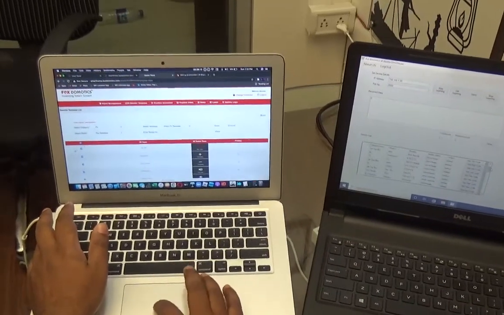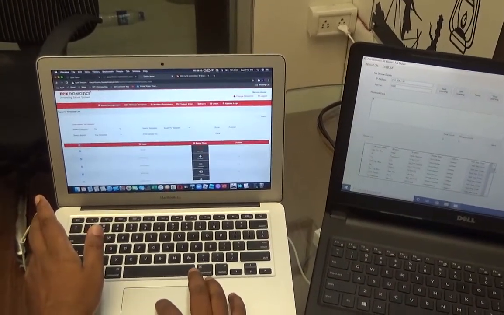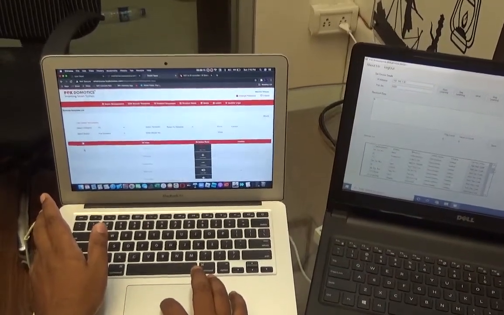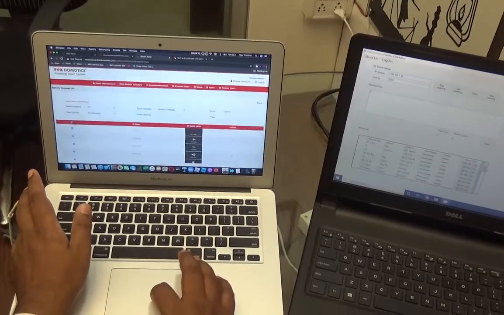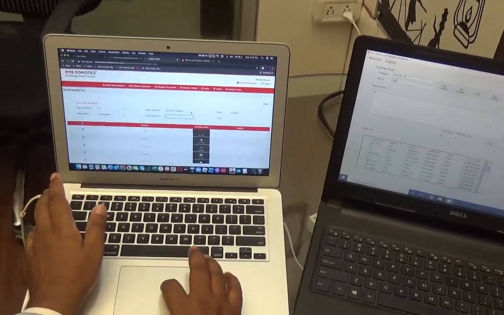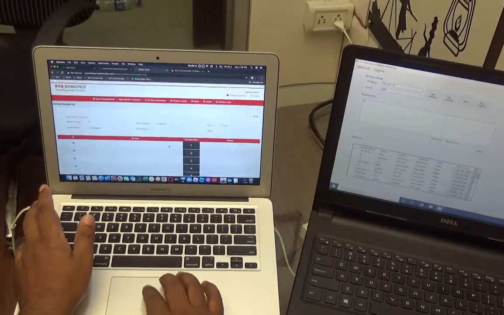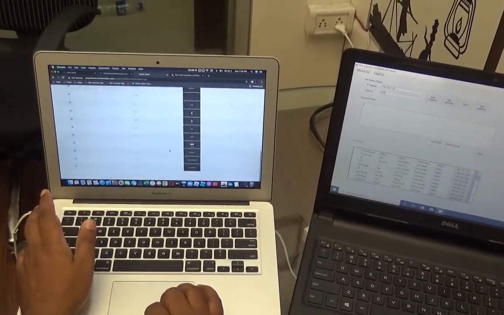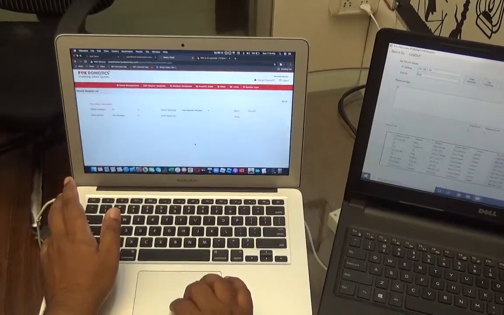You can deselect the buttons you don't want, or select all, whatever you want. So there are different types of templates. I can see TV remote; this is the template number for TV remote. Then there is the new remote template, where nothing is there.